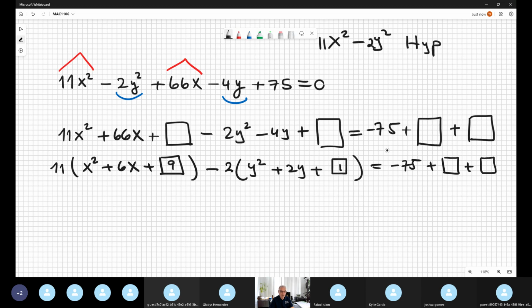Now this 9 that you introduce artificially to complete the square actually is 99, because 9 times 11 is 99. And this one that you introduce artificially is not 1, is negative 2, because you multiply by negative 2. Okay, easy. So now the factorization is 11, x plus 3 squared, minus 2, y plus 1 squared equal, and